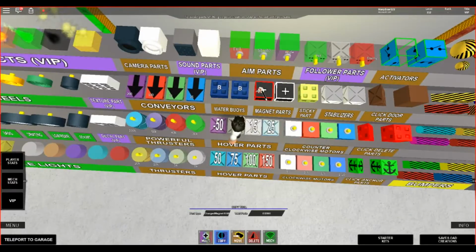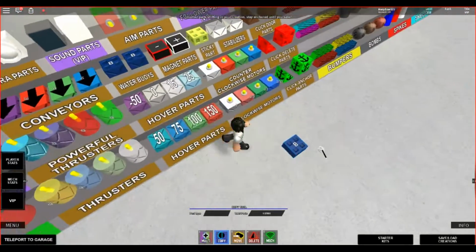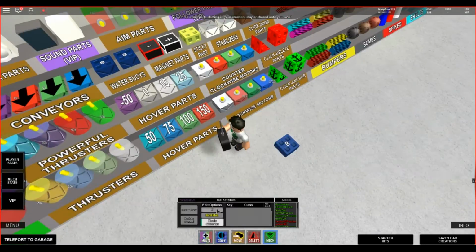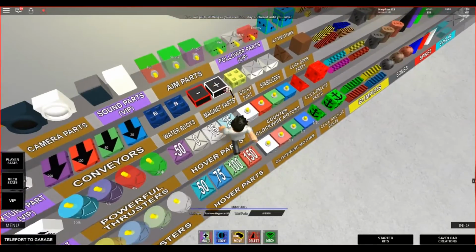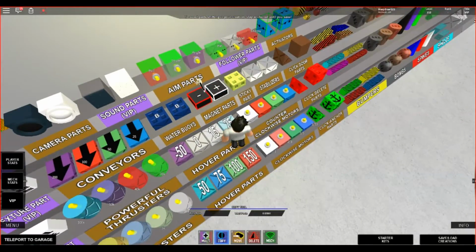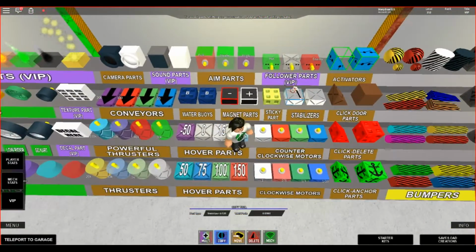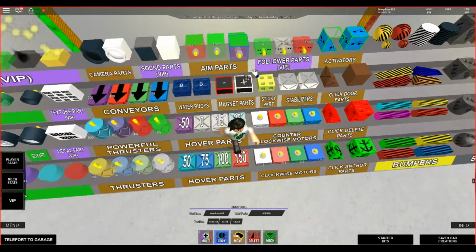The minus sign is what you are able to turn off. I don't believe that you could turn off buoys. Let me try. No, yeah. Buoys and this plus sign are just two things here that you can't manipulate, aside from size and color. So